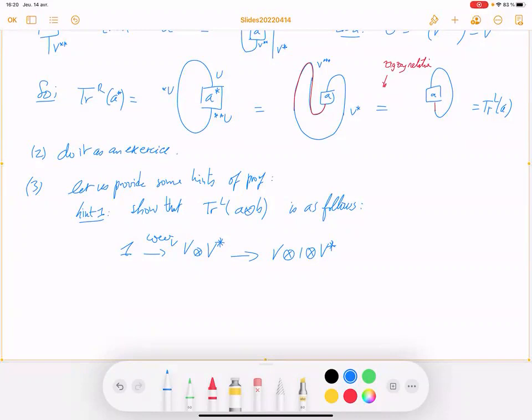Anyway, you can always put 1 here isomorphically, and then you apply ID V tensor co-evaluation W tensor ID V star, and what you get is V tensor W tensor W star tensor V star,